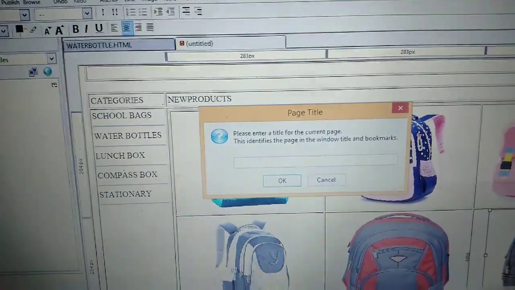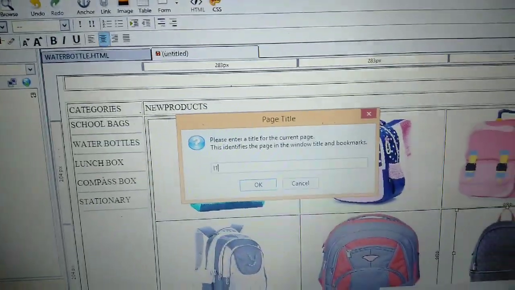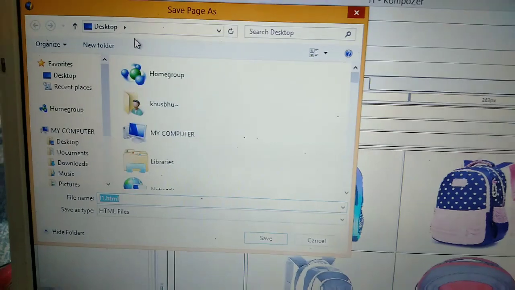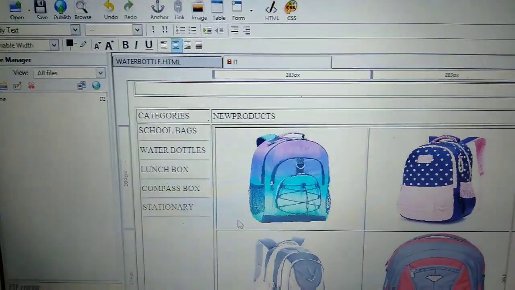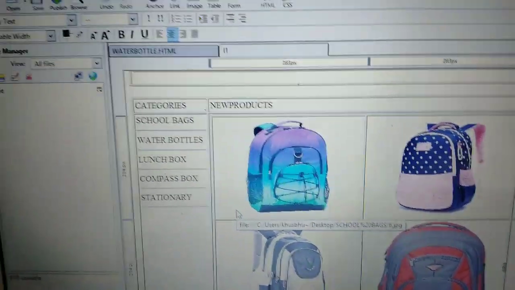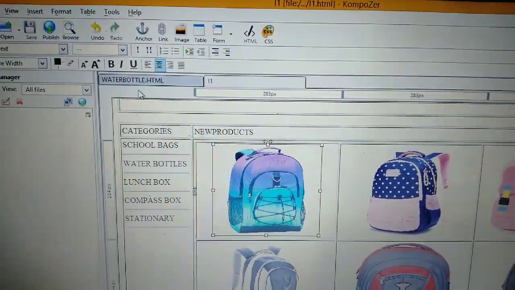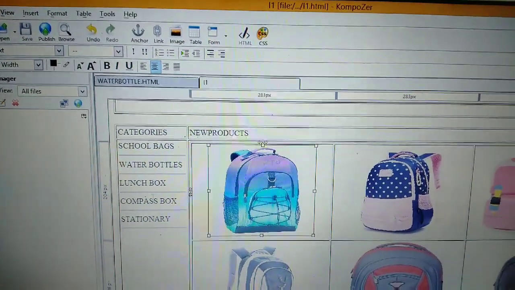So now I am giving I1. Which name? I1. Apply. Okay. Now I1.html. My home page is I1.html because I have already given index.html to my website. Got it? Now I want to create school bags, water bottle, lunch box, compass box, stationery.